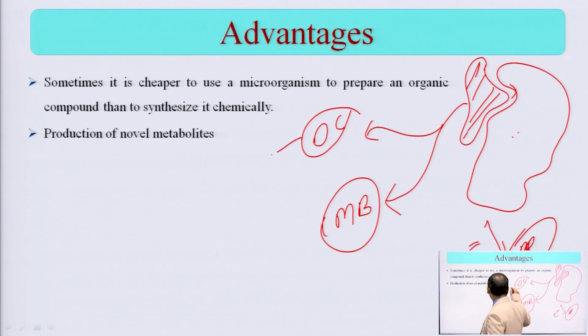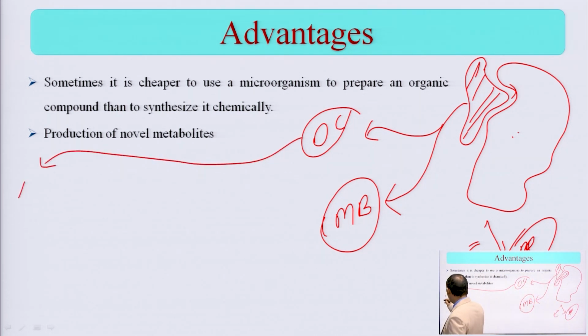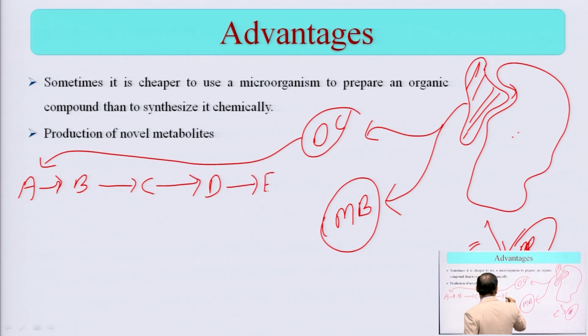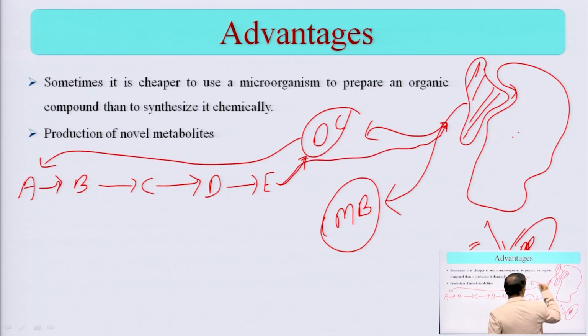Now, in organic chemistry, what will you do? You will be going with the chain reaction from A to B, B to C, C to D, D to E, and later on, for example, you got some molecule which has a similar structure and it can bind and it can degrade. But from A to B, you have used some substance, here I am writing as 1, here I am writing 2, 3, 4. You have used 4 different chemicals.